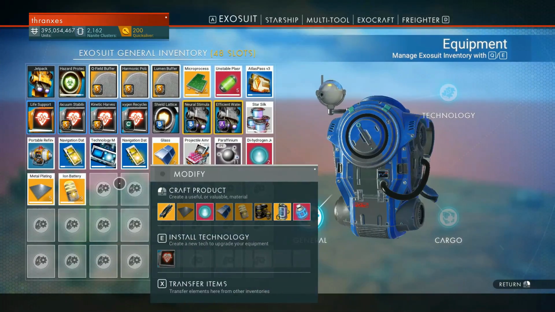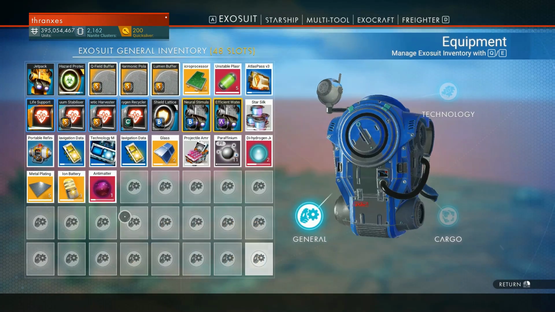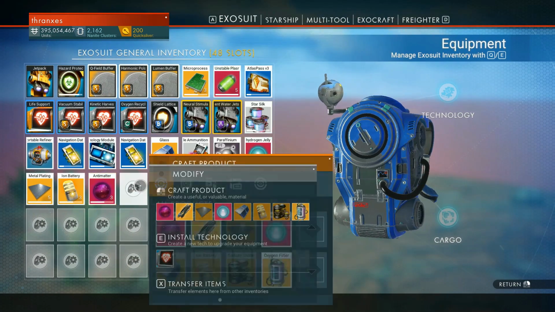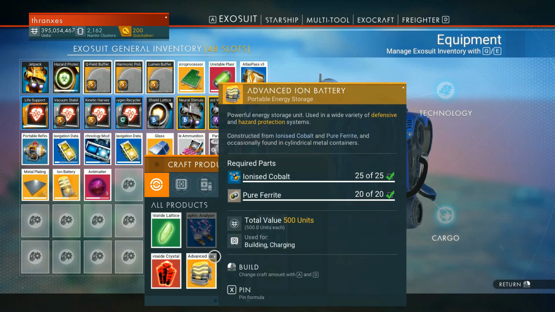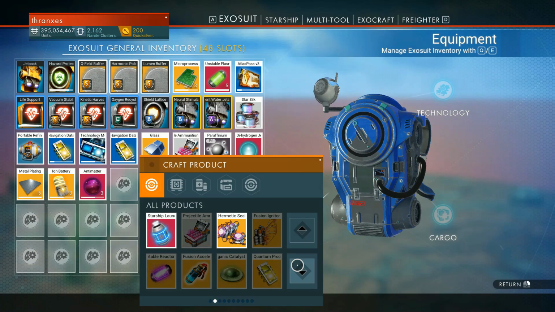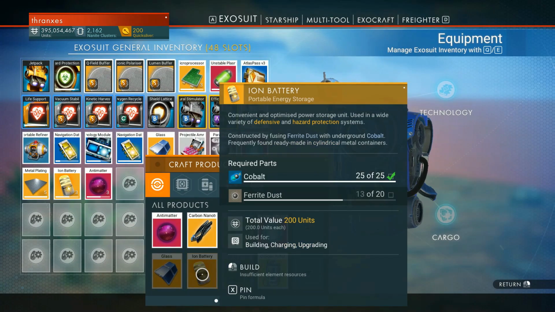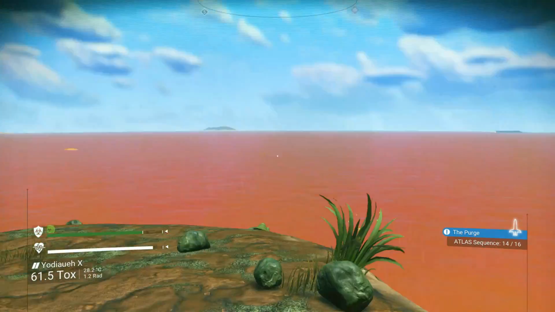We need more. We need more antimatter. We need more ion batteries. Might have messed that one up a little bit. Not picking up our old one, making sure we had replacements. We can do an advanced ion battery. What am I missing for a normal ion battery? Ooh, ferrite dust. Bad form. Okay, well,